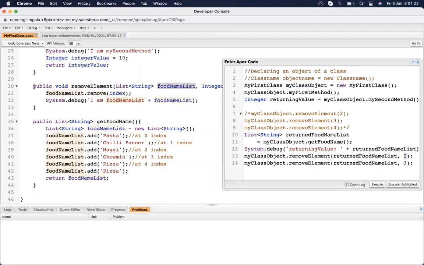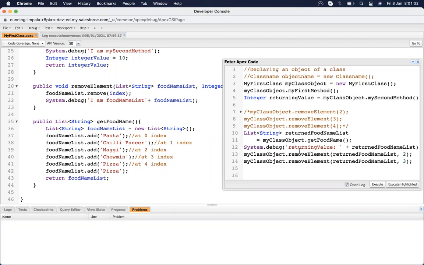So it's just like a generic value. It's not working only for this list. If we create any other list, it will also work the same way. Suppose I create a list and